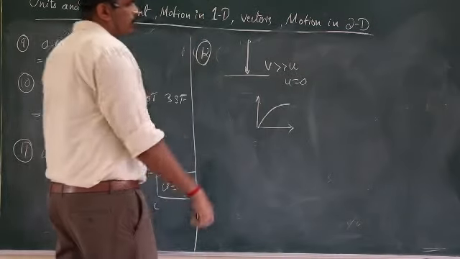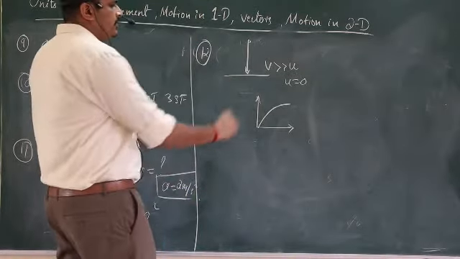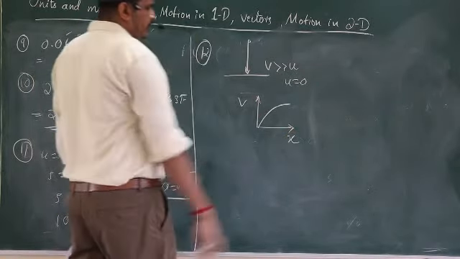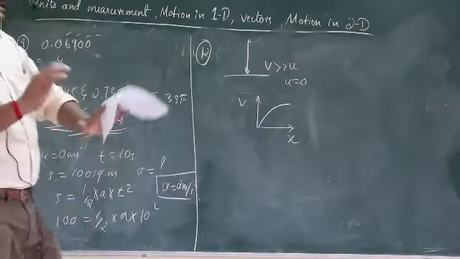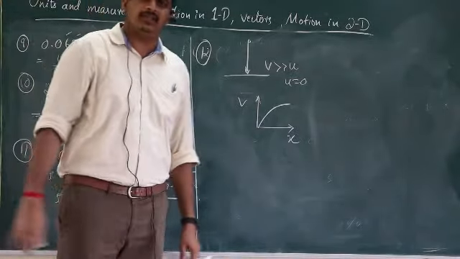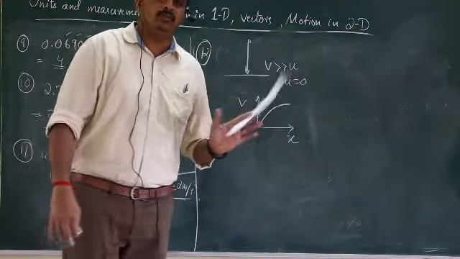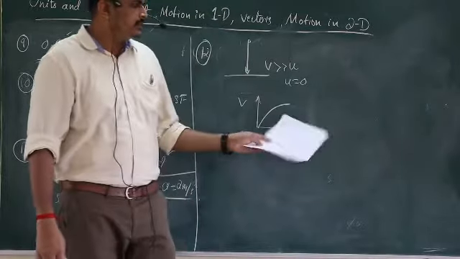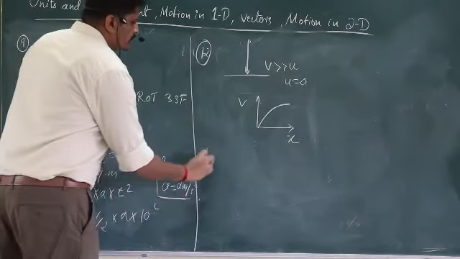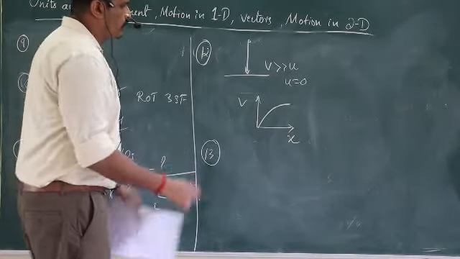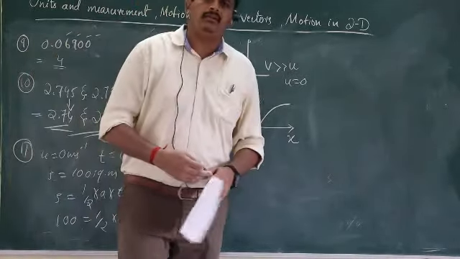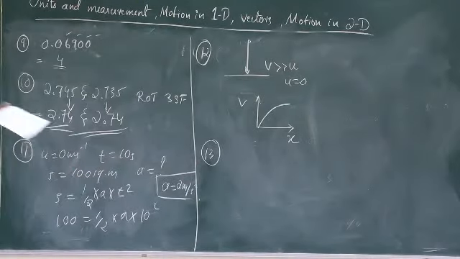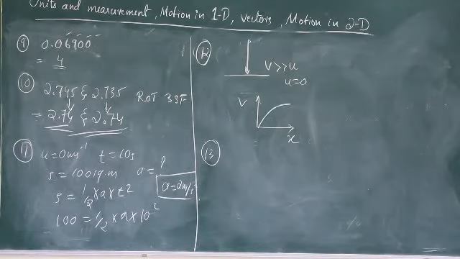Parabolically, it has to increase. Just check, this is a V versus X graph. For a VT graph, you can just deal with the slope to understand which is the correct graph, but this is not a slope graph, it is just regarding velocity and distance. So be careful while solving this kind of numericals. Try solving more graphs from this concept of motion in one dimension. Okay, fine. Question number 13.